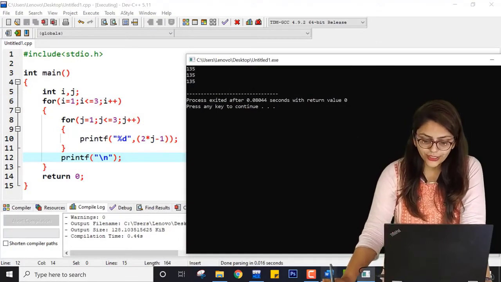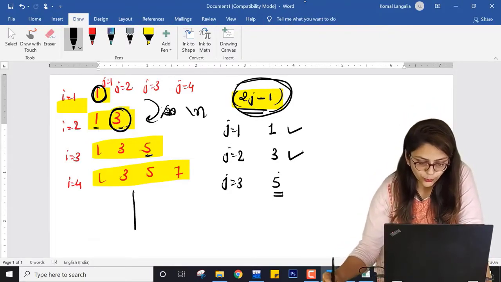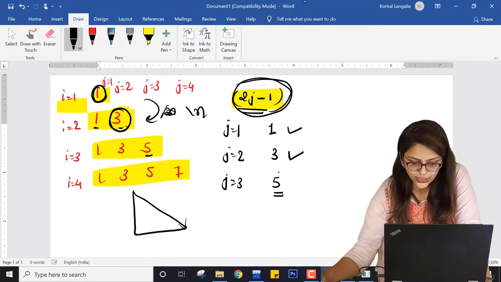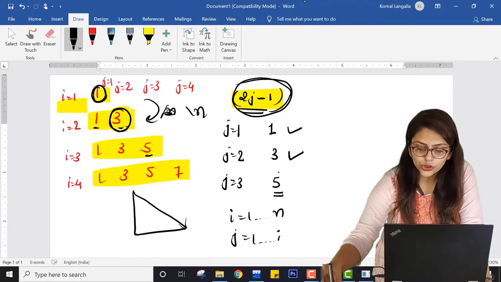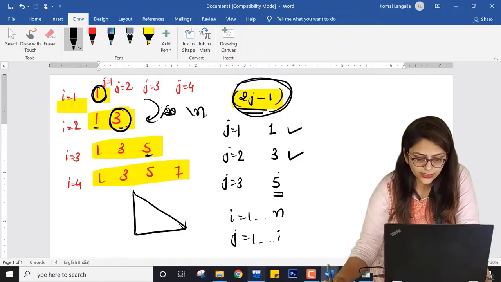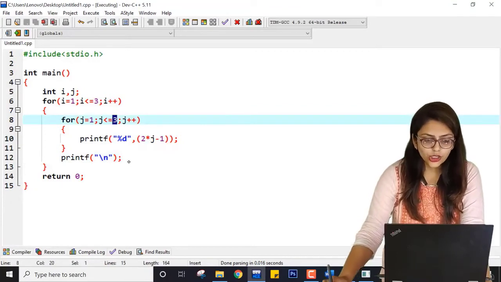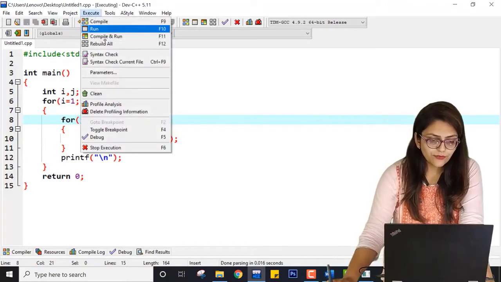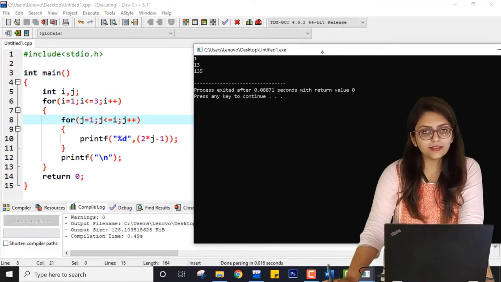Right, so I have already told you that if you are printing a quadruple or quarter like this, you have to write a logic in which first i is going from 1 to n, but j is going from 1 to i. So here you can observe that in this code, for each loop I am going till 3 or say n. So here it should be the value of i, right? So now if I just compile and run, you can see we are successfully having the pattern, the desired pattern,